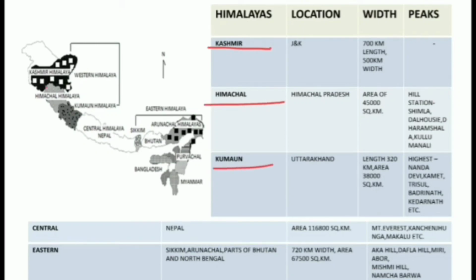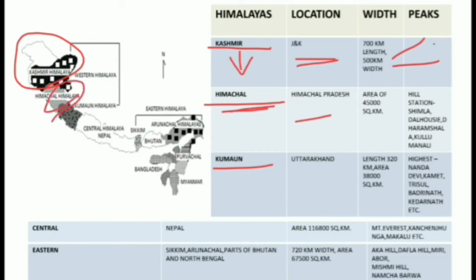Here, in the extreme western part, we have Kashmir Himalaya, which is mainly situated in the Jammu Kashmir region. Length is approximately 700 km and width is 500 km. On the eastern side of this Kashmir Himalaya, we have Himachal Himalaya. It mainly includes the state of Himachal Pradesh. Area is approximately 45,000 square kilometer. Simla, Dalhousie, Dharamshala, Kulu, Manali, those hill stations are very important, situated in this Himachal Pradesh or